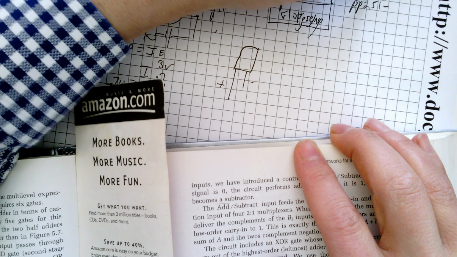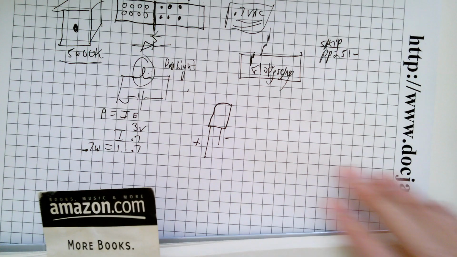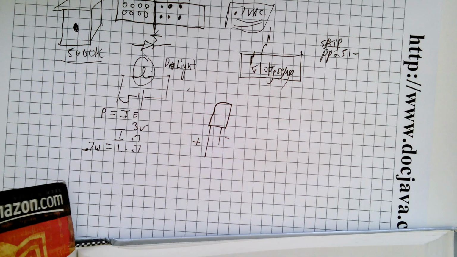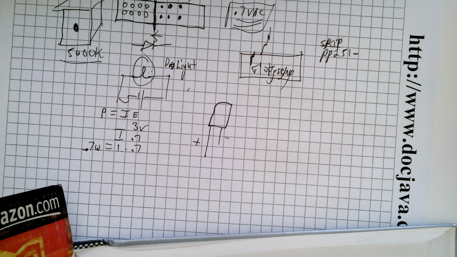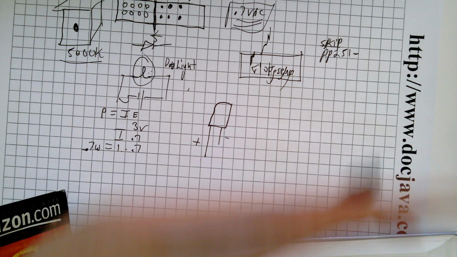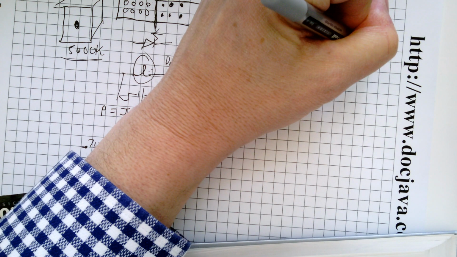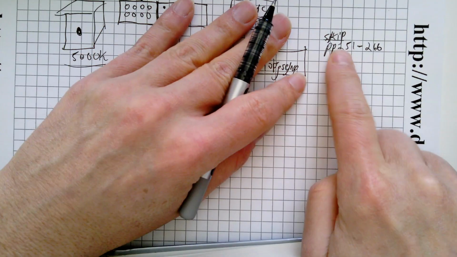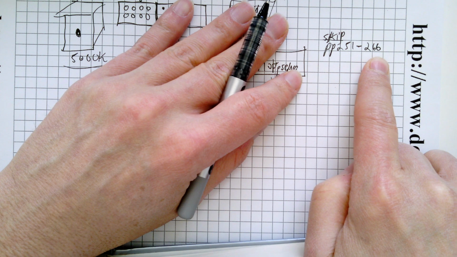Now it's on the screen, and that goes all the way up to the multipliers, which is on page 266. So skip the carry look ahead adder, go right to the multipliers on page 266, and then read the rest